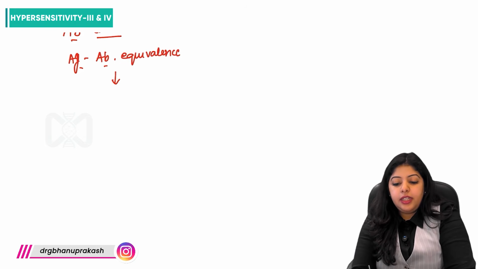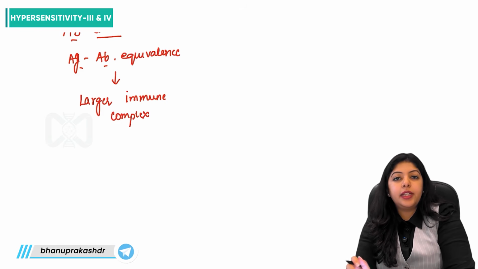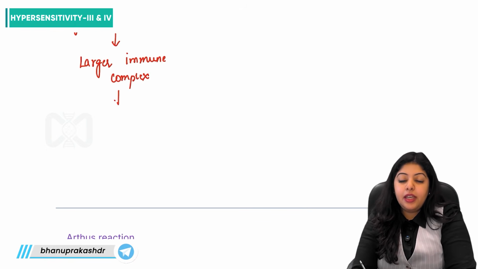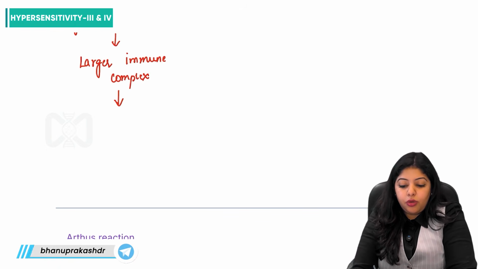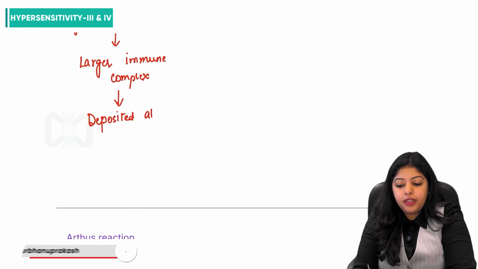So this antigen-antibody interaction leads to formation of larger immune complexes, which instead of moving into circulation and getting deposited in other sites, will get localized or deposited at the site of inoculation